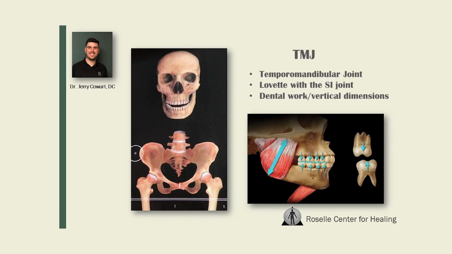So next, I think it's important to talk about the TMJ, the temporomandibular joint. Basically, we're talking about the jaw here. The reason why I think it's important to talk about this right now is that we just got done talking about the Levitt brother connection between the upper part of the neck and the lumbar spine, and then also that sacrum and occiput.